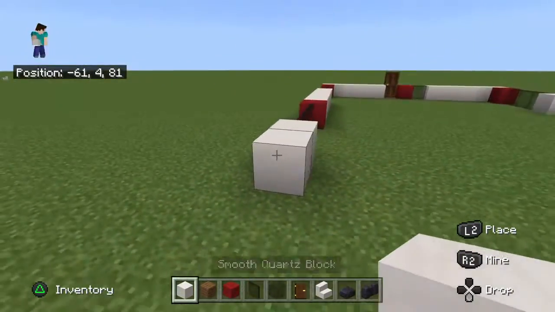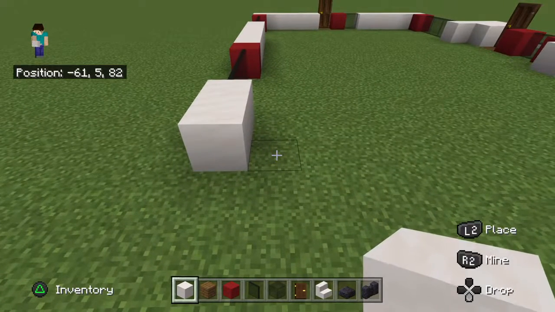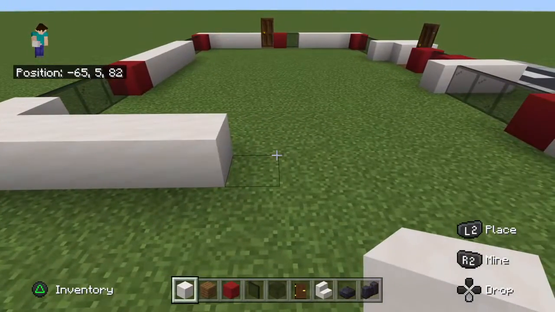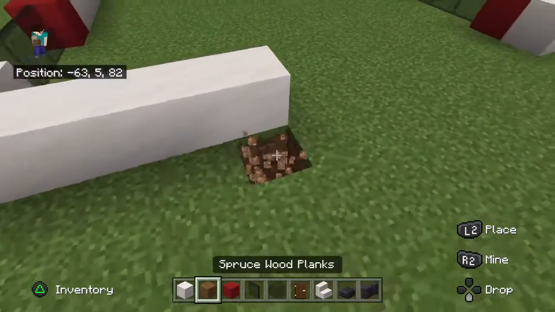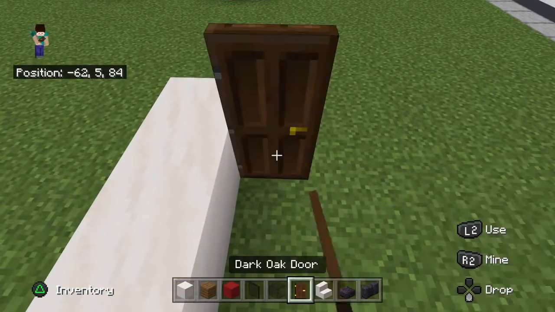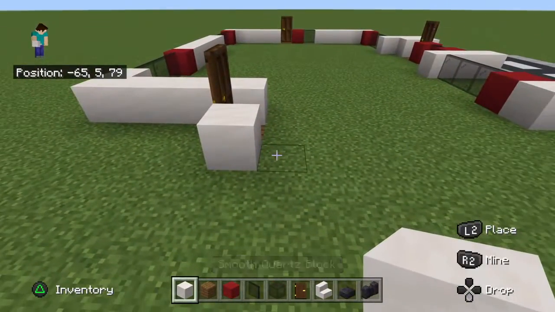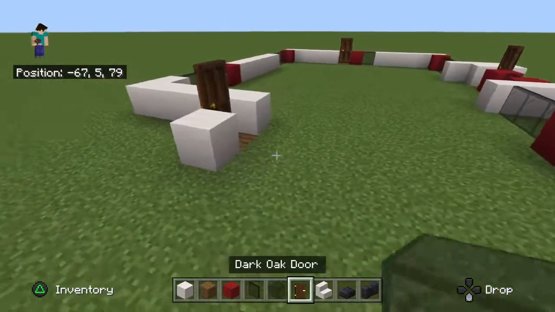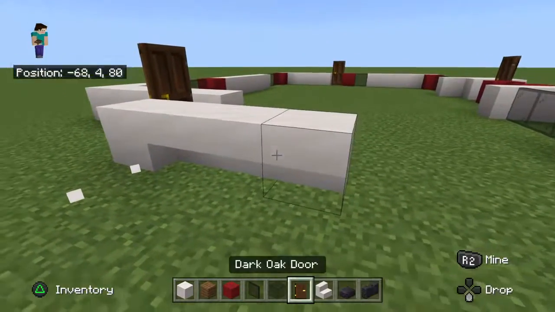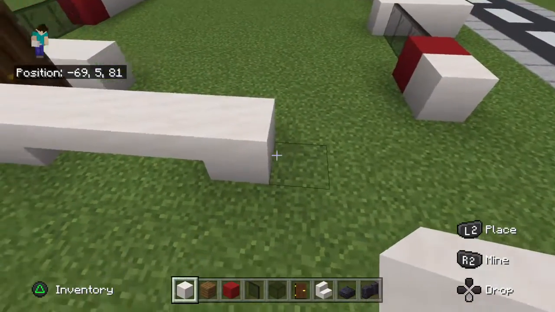Now, beginning to extend forwards once again, we want to place 4 quartz, 1, 2, 3, 4. Then destroy a block in the ground in front of the fourth block. Place a spruce plank with a door there on top of it. On the opposite side of the door, a smooth quartz block. Then extending the smooth quartz forwards, place 3 upside down quartz stairs. 1, 2, 3. Then we want to place a block of quartz on the end, extending by 2, 1, 2,